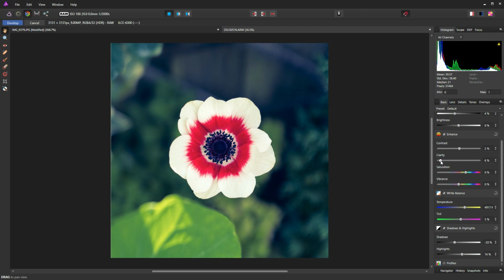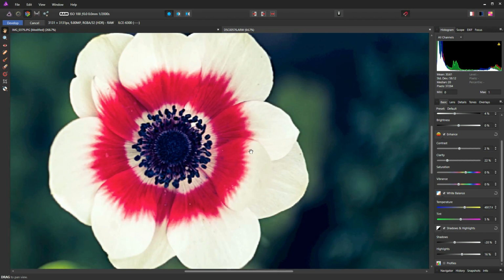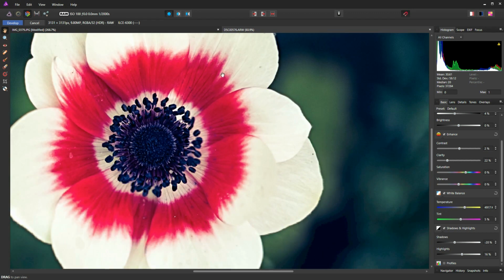Now the clarity slider is very similar to the contrast slider. In fact, it's a mixture of the contrast slider and the sharpening tool, the detail tool that we looked at earlier, in as much as it concentrates on perceived contrast, and it's more of a localized contrast tool. So if I zoom in here, you can see that these fine details are affected quite dramatically